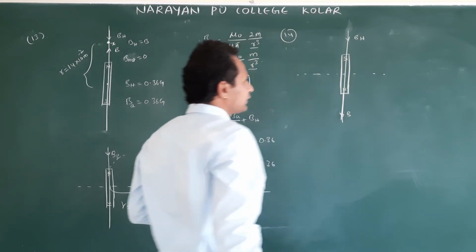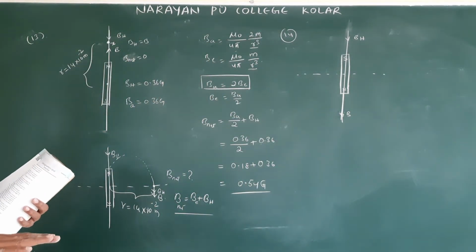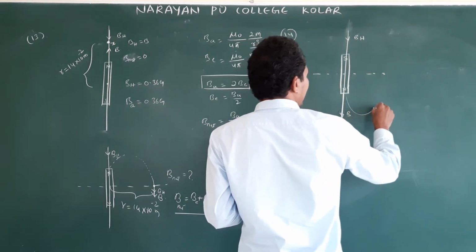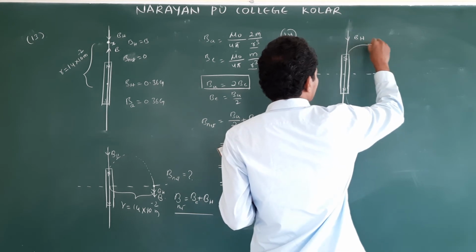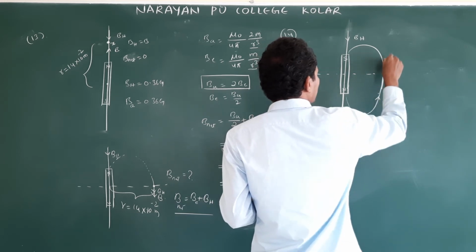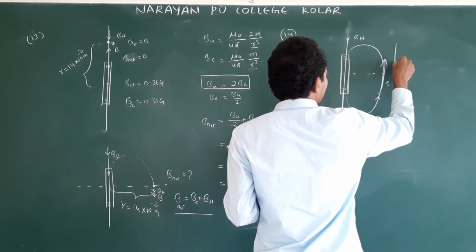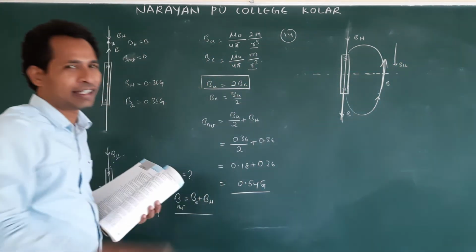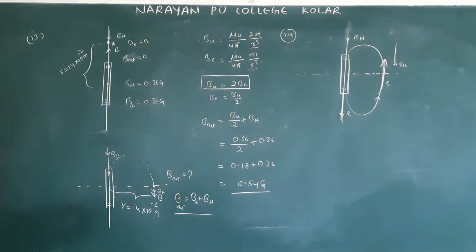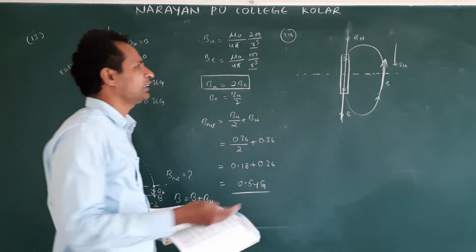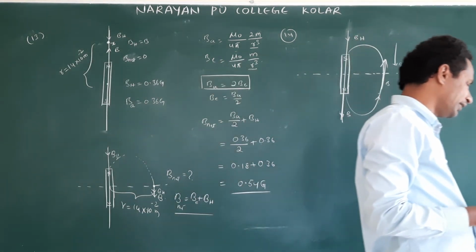So on the axial point, on the axis of the magnet, the null point is not possible. If you draw a line on the normal bisector, this field line acts like this. Am I correct or not? Like this. So this is B. Here BH is acting downward. So we do expect a null point on the normal bisector of the magnet. Normal bisector is nothing but the equatorial line. Here also equatorial line. Here also equatorial line.